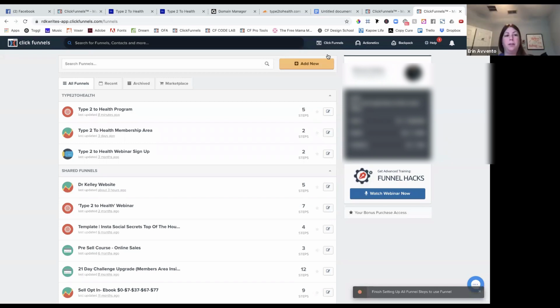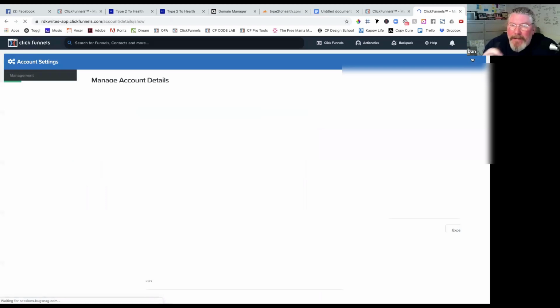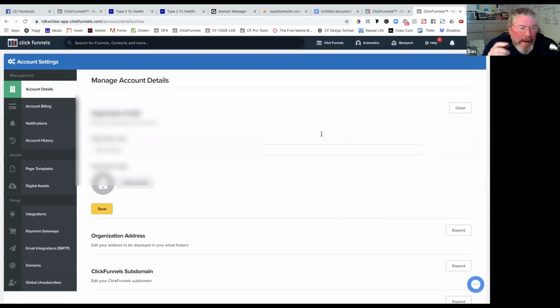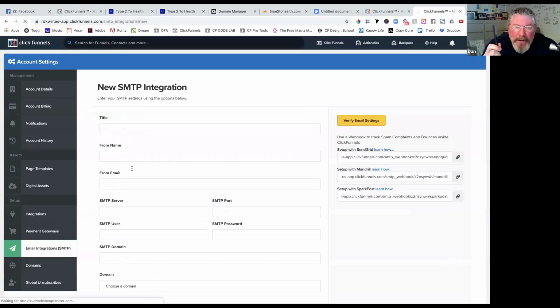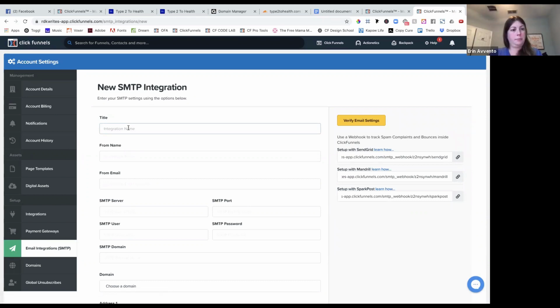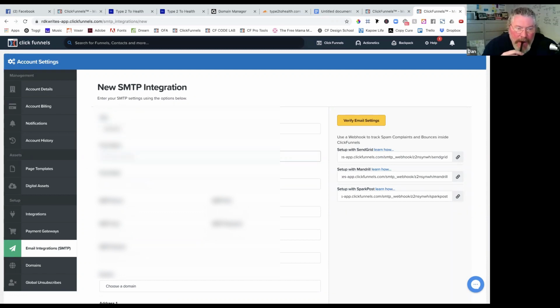So okay, go up to account settings. Let's just do that now, we're talking about it. Account settings. Okay. And email integrations. Set up email sending, and fill in all your info. Oh, so this is where Sendgrid goes, right? Okay. I'm like, what is this? You can call it anything you want. This is just for you internally. Okay. From name is